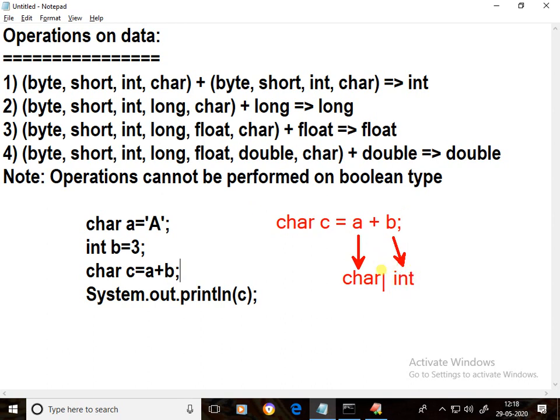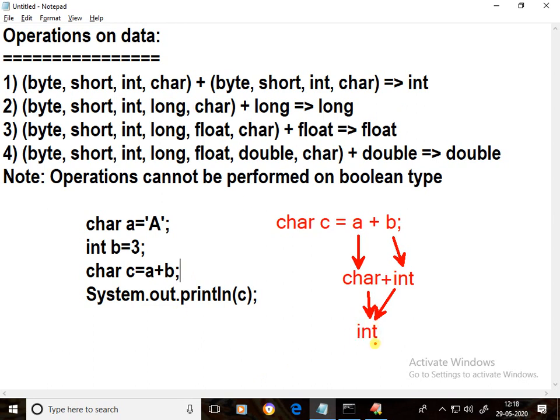Character plus integer, say character plus integer, result is integer. So character plus integer, result is integer. This integer comes.